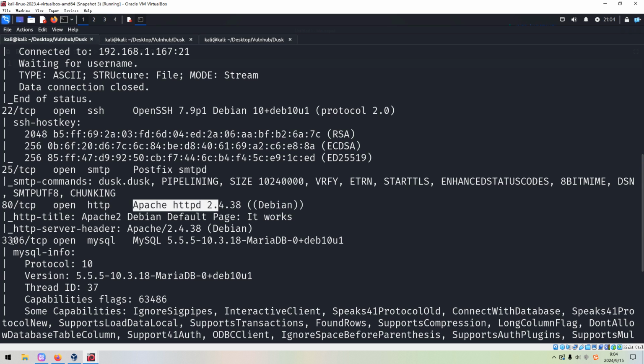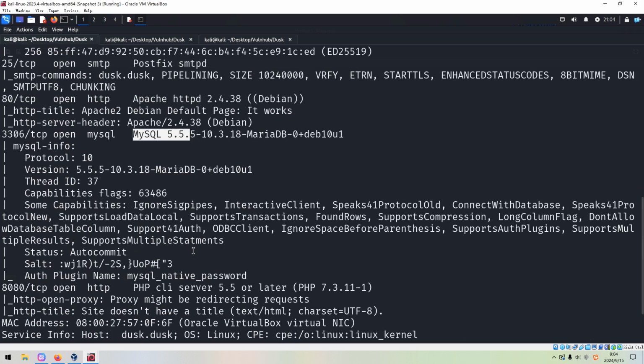And the next one is 3306, which is running MySQL service and even the exact version number information. And the next one is 8080. Again, it's running HTTP service, but the service is different, which is PHP CLI server. Of course, Nmap cannot make sure of its exact version number.